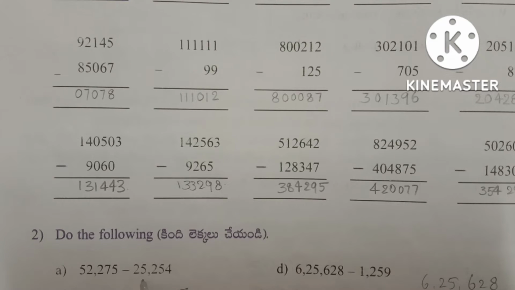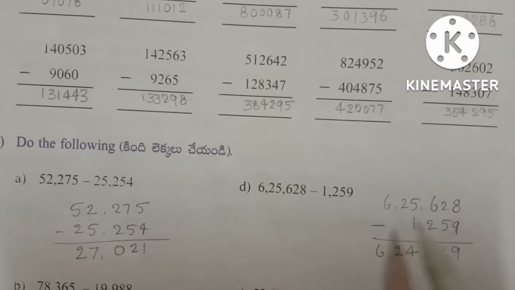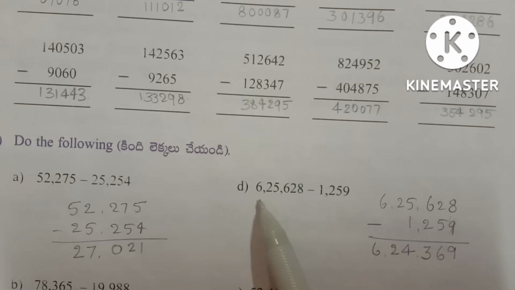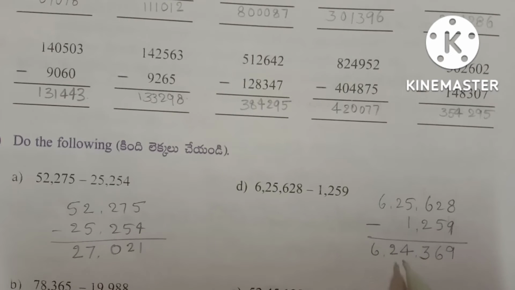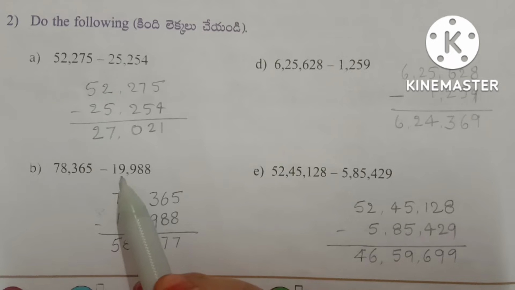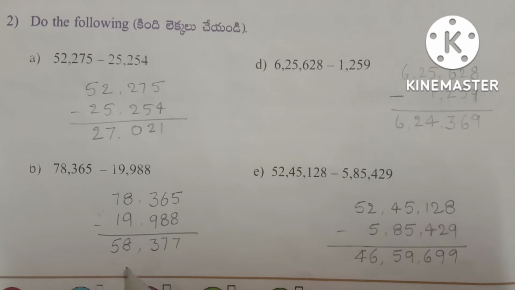52,275 minus 25,254. Then we get 27,021. Next, D. Subtract 1,259 from 6,25,628. Then we get 24,369. Next, subtract 19,988 from 78,365. Then we get